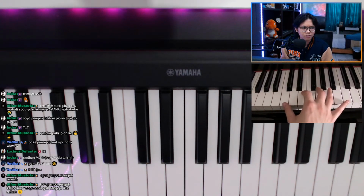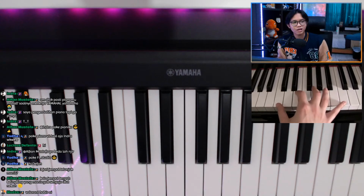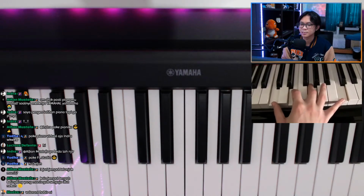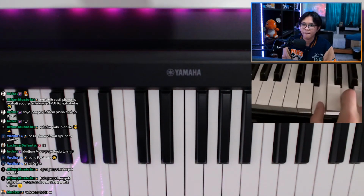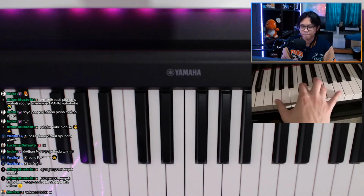Okay, so if you do want to play this though, this is actually called a full 4-note chord. You're going to play the C, the E, and the G, and then just add whatever note is on the bottom up at the top. It's that simple. So then we go. And now we're going to do this one, this one, this one. And which note was on the bottom? It's the E. So we just play an E. And then